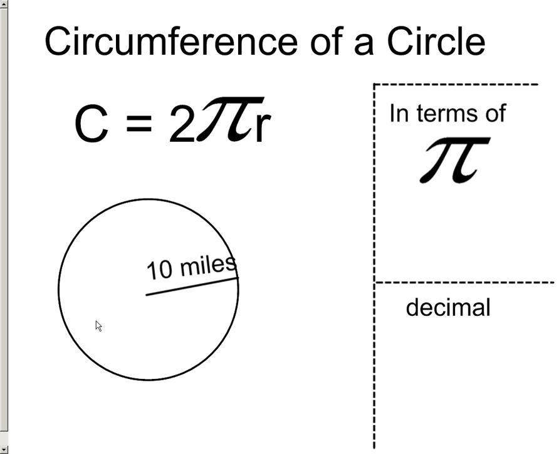So we need to learn how to find the circumference of a circle, and the great thing is that you'll have a reference sheet that gives you the formula C equals 2 pi r. Here's the starting part of the circle, and the idea is if you were to lay a string around the edge of the circle, I mean make it perfect,